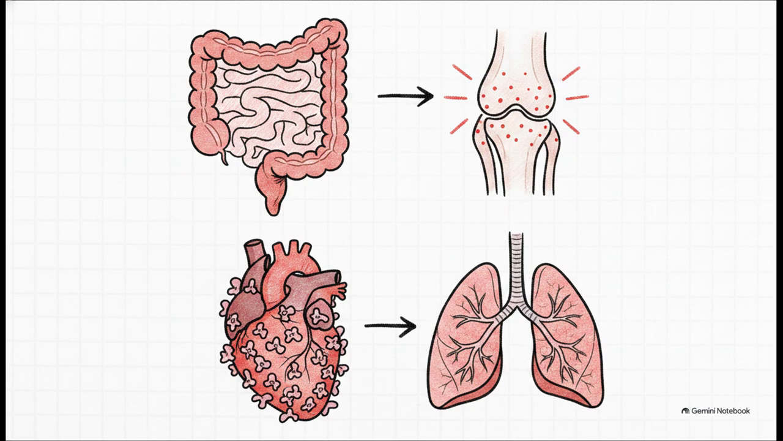To finish up our tour of the small vessels, we have two very specific conditions. First is childhood Henoch-Schönlein purpura, or HSP. This is actually the most common childhood vasculitis, and it's driven by IgA antibodies depositing right into the vessels. It causes a very classic palpable purpura on the buttocks, joint pain, and an intensely painful telescoping of the intestines